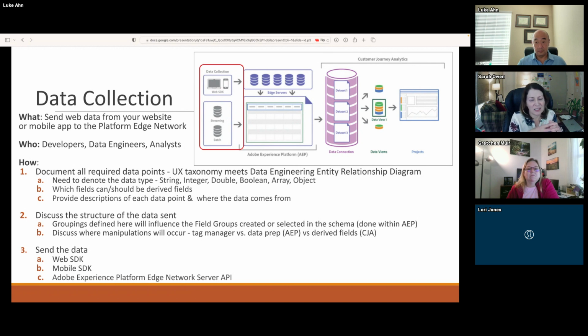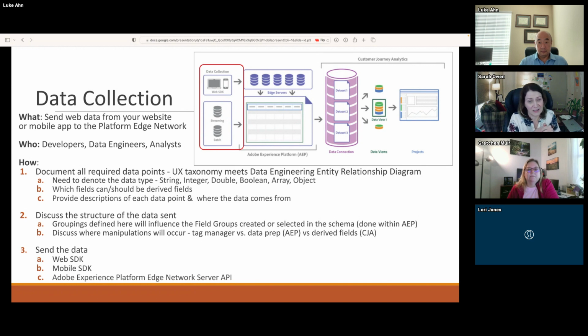You need the data engineering mindset to understand your data, because eventually you will be pulling in your call center data, which seems like a really good fast follow, or other pieces of data that aren't web. So you need those entity relationship diagrams, understanding how your data is going to connect, and making sure your web data is stored in a format in AEP